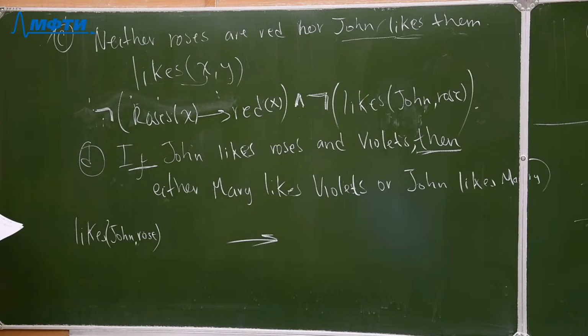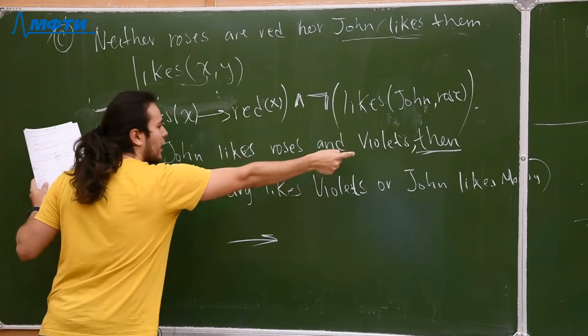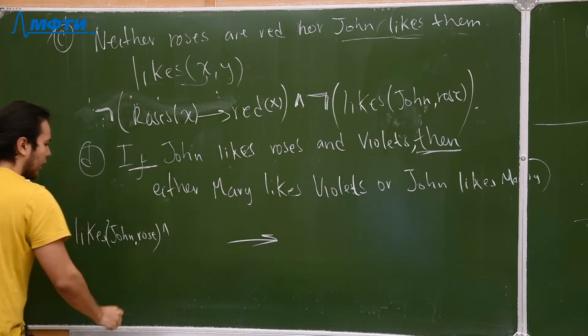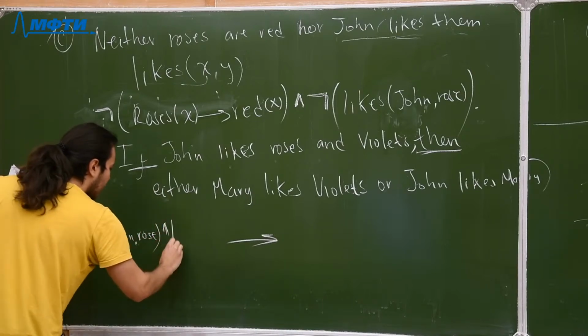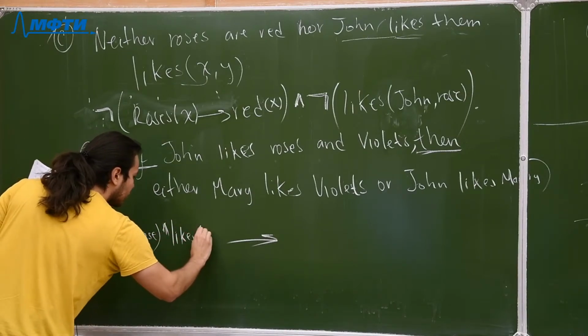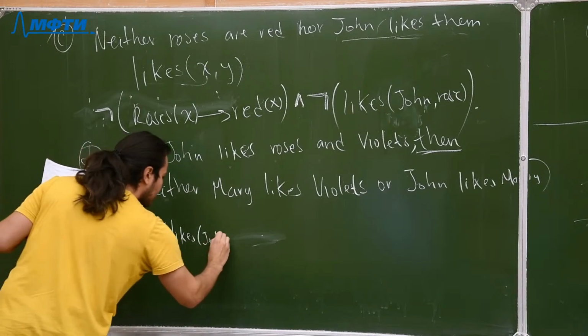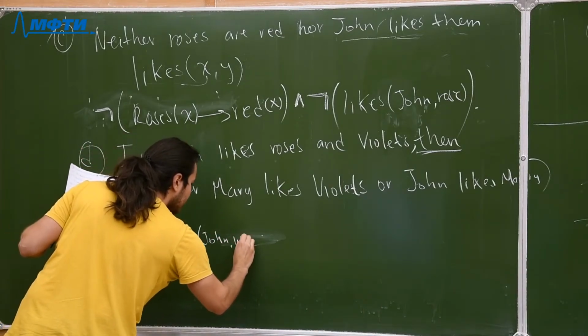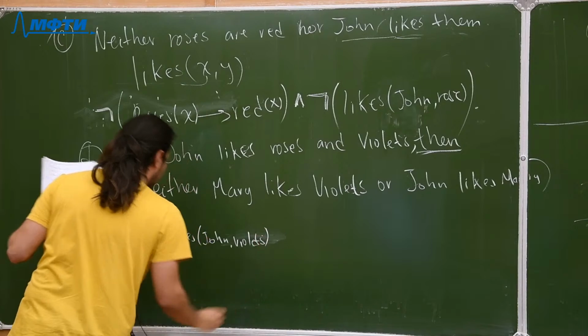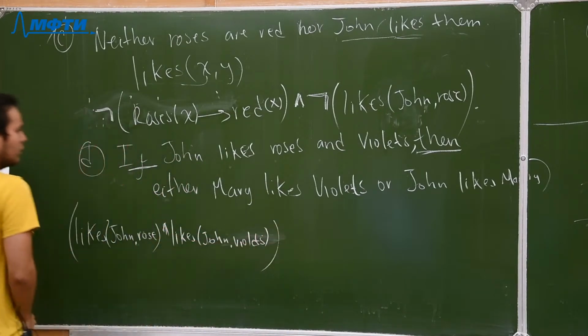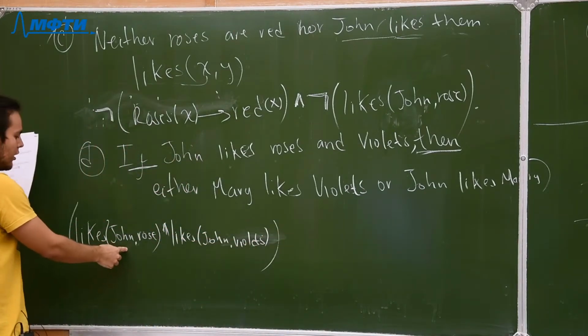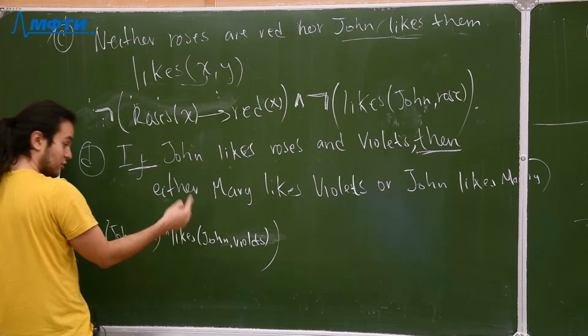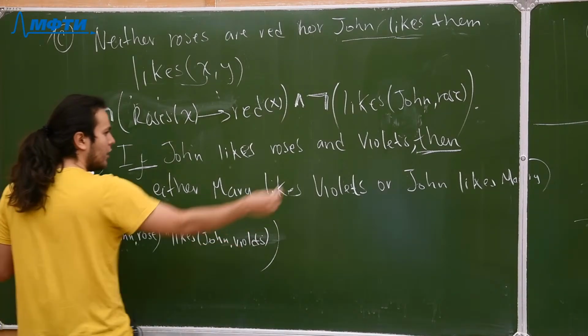What else? John likes roses and violets. So and, likes John violets. So John likes roses and John likes violets. Okay. Then